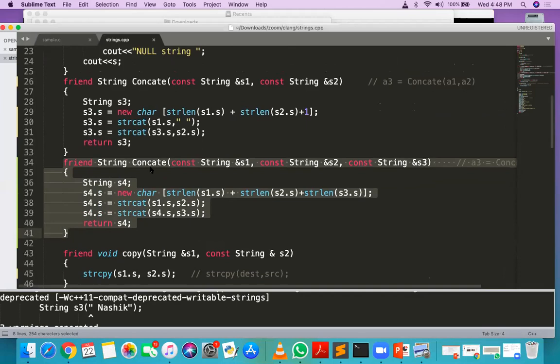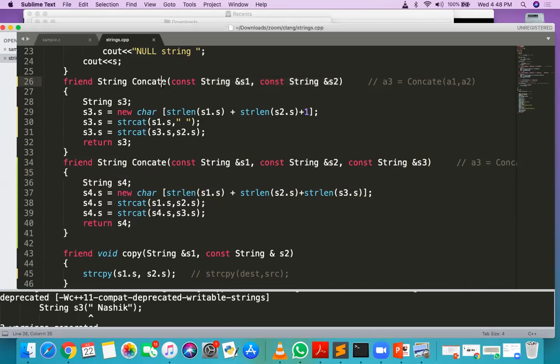So there are two definitions of the concat function. This is called function overloading. I have overloaded the function. When we give two arguments, the first one is called. When we give three arguments, the second one is called. And if I want to give four arguments, then we need to overload it again. Yes, we can overload as many forms as you want.